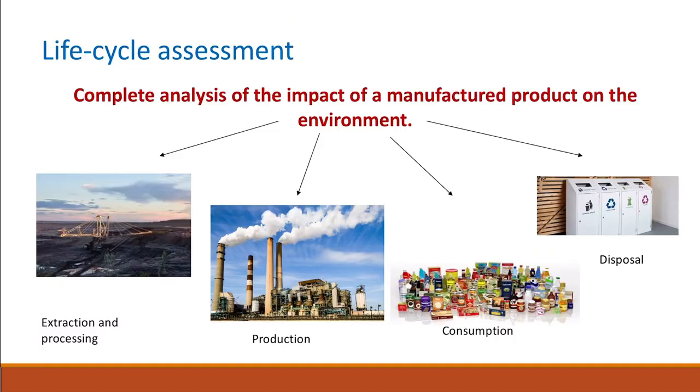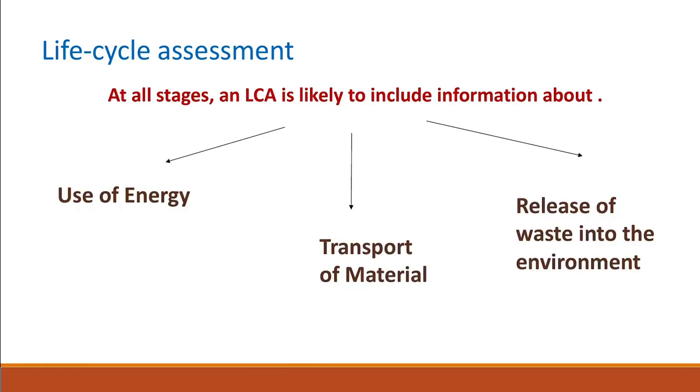The life cycle assessment is a complete analysis of the impact of the manufactured product on the environment. There are four stages in the life cycle assessment. First, the extraction and processing of the raw material, and then the production of the product itself, then the consumption, and finally the disposal. In each of these four stages, the life cycle assessment is likely to include information about the use of energy, the transport of the material, and the release of the waste in the environment